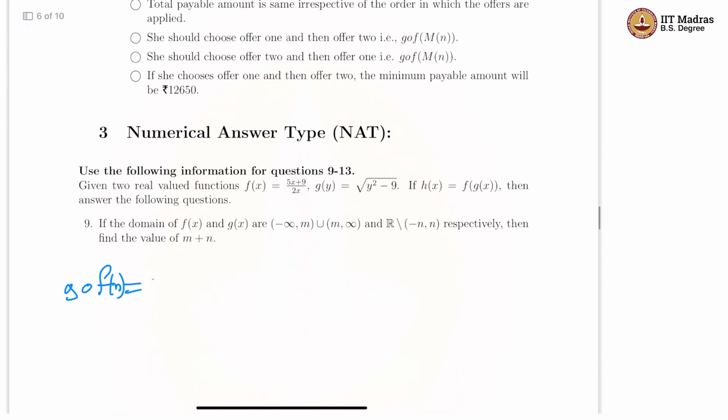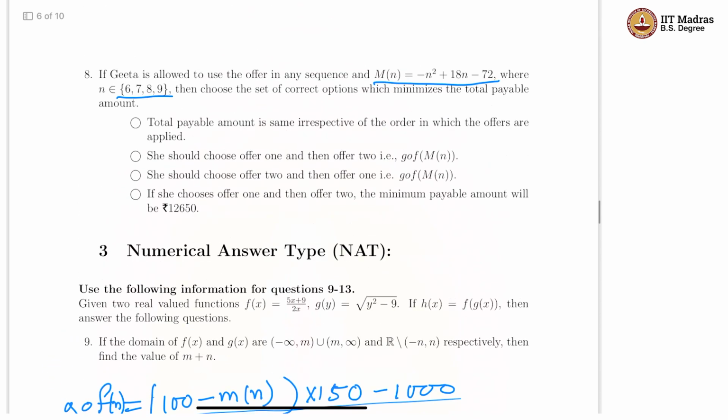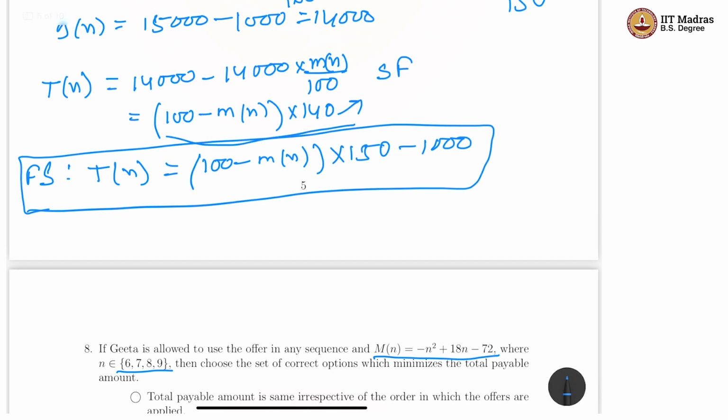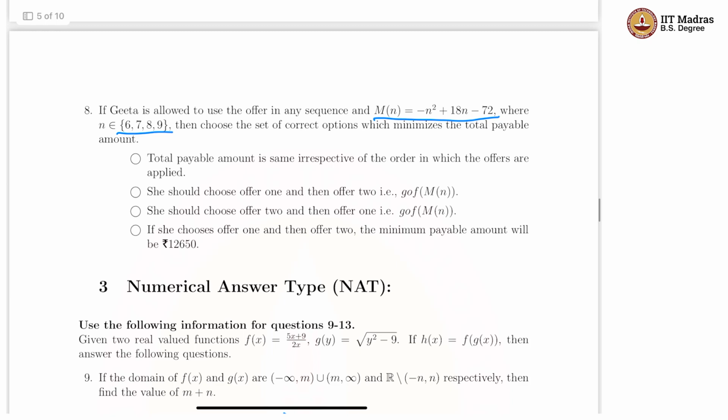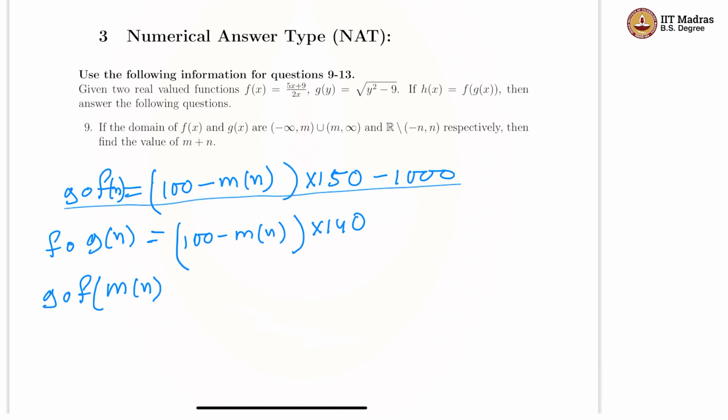So it is 100 minus Mn into 150 minus 1000. And what is F compose G? Here we are applying the second offer first, then the first one, right? So this is the function 100 minus Mn into 140. Okay, so we can calculate both G compose F of Mn, which will be